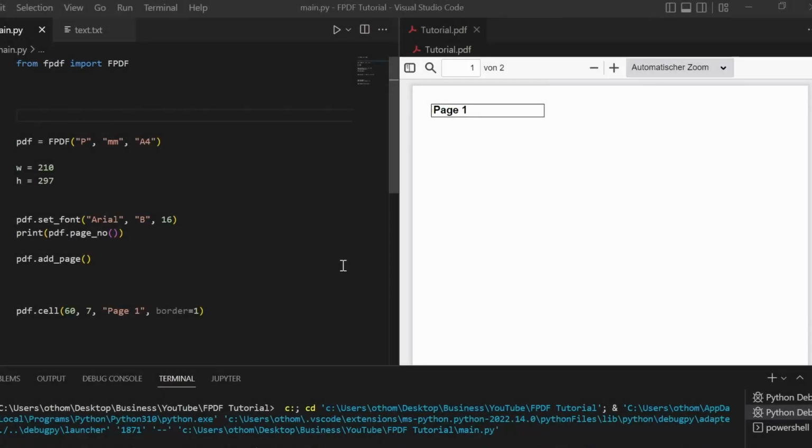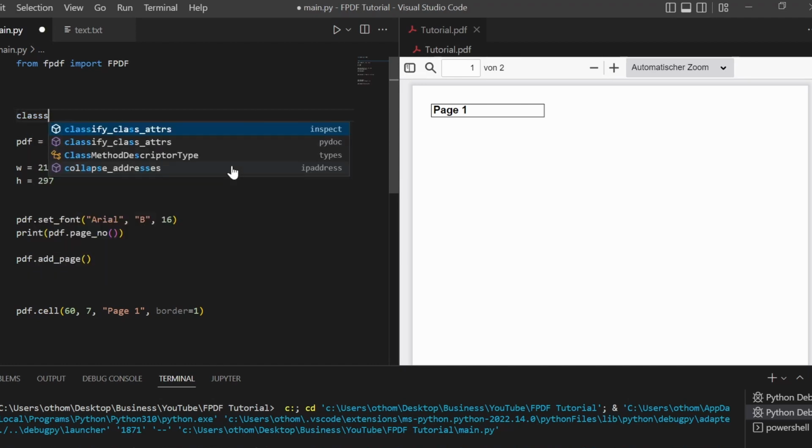For our next step, let's add a header and footer to our document. The header and footer functions are automatically called if you add a page, but in the default setting, these functions are empty. So we have to subclass it and define it ourselves. So what we're going to do,